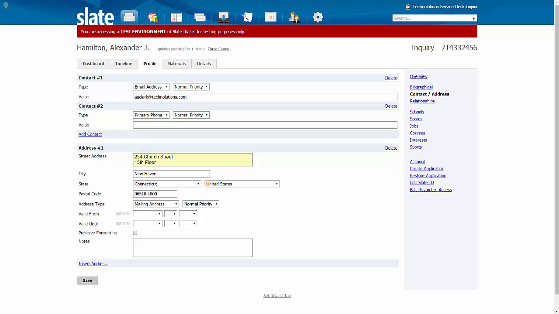I can also choose a priority here. Typically, Normal is the appropriate priority to choose. However, there will be cases when you want a certain phone or email address to be the high priority contact. This will ensure it is used for email communications to the student and can otherwise indicate to your staff the